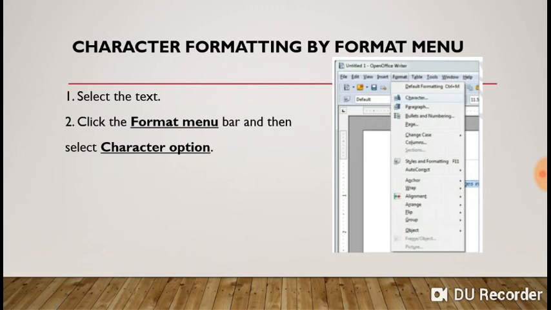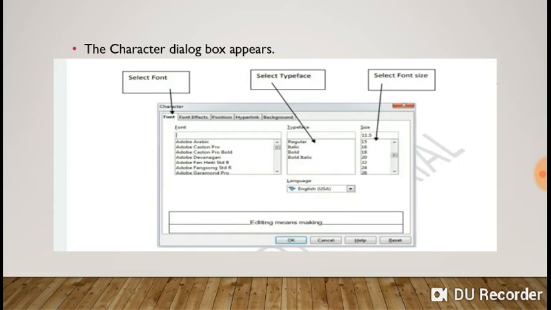Yes, you can see in the diagram, the fifth menu is the Format menu. Click on that. Whenever we click on any menu, its sub options will appear. So from the sub options, select the Character option because we want to apply character formatting. Again I am repeating, from the Format menu, select the Character option. When we select the Character option, a Character dialog box appears. Yes, you can see in the diagram.